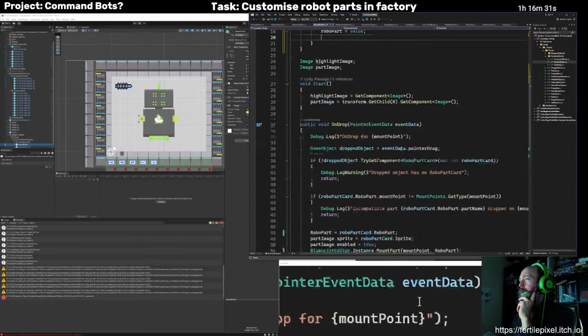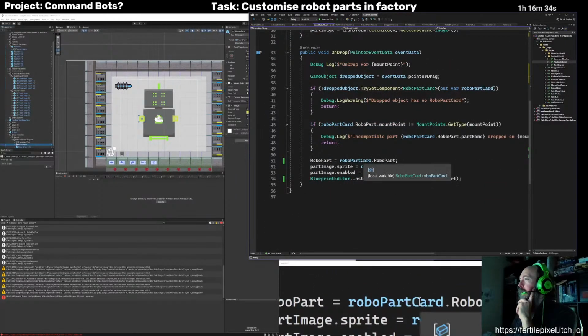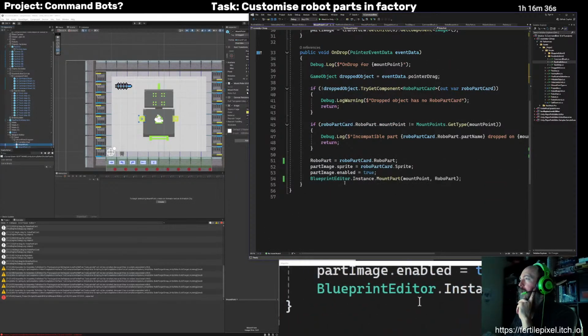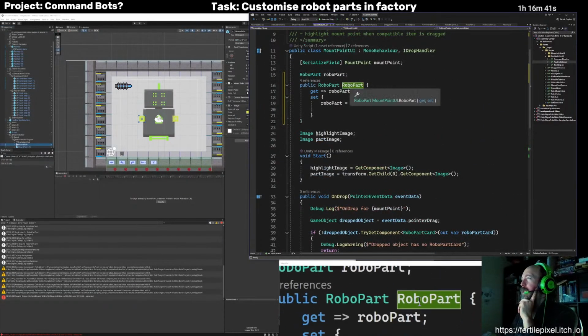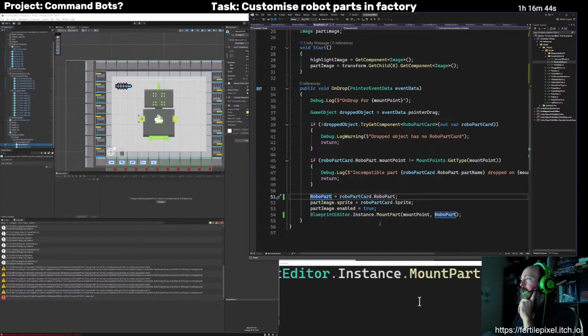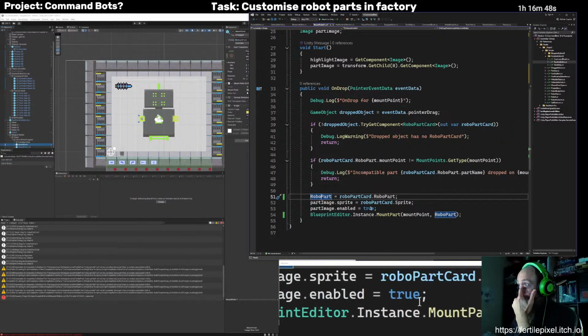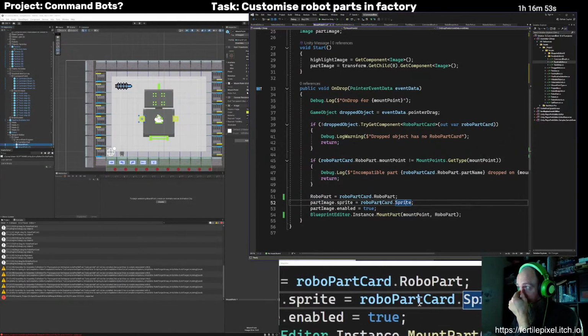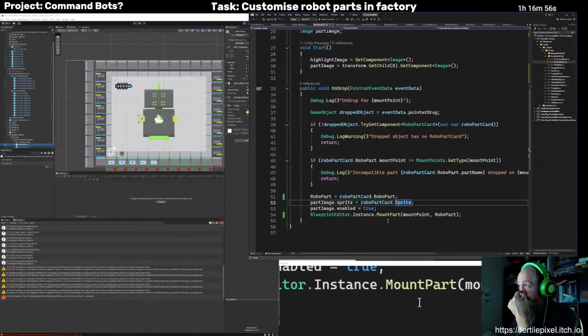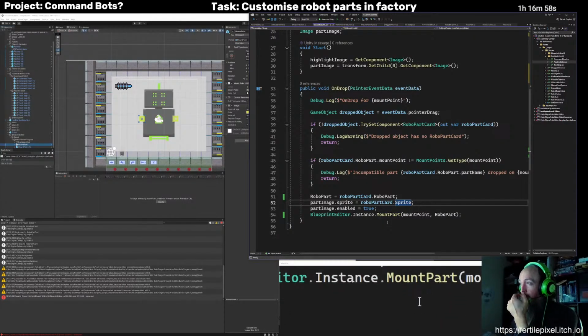So RoboPart equals value. Now we also want to do some stuff. So RoboPart, that is the very same one as here, so that's updating that. And we've actually got this sprite here that's being set from there, which means I might not have access to that the way that I'm doing it.